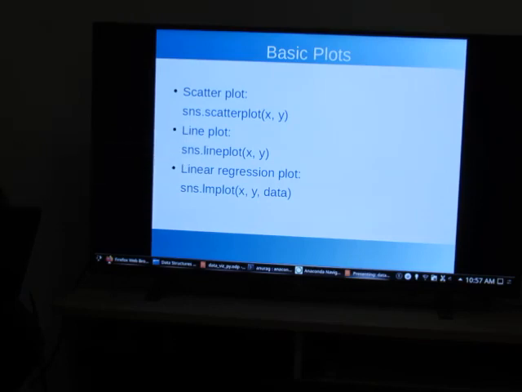And then Seaborn also has a handy linear regression plot, which basically means it provides a scatter plot, and it also computes the best fit line for all those points, which is linear regression, and it puts it into the plot for us. The command is sns.lmplot. We have to provide the data frame object for which we are plotting, and then in that x and y, instead of providing the actual values, we just specify the column names as strings.